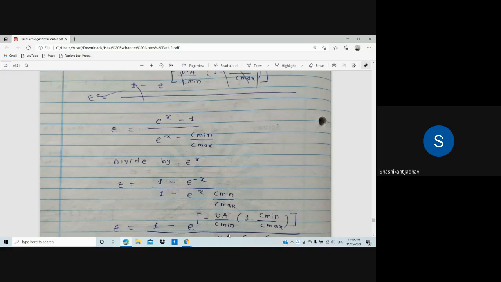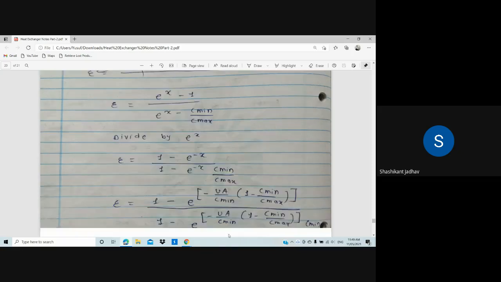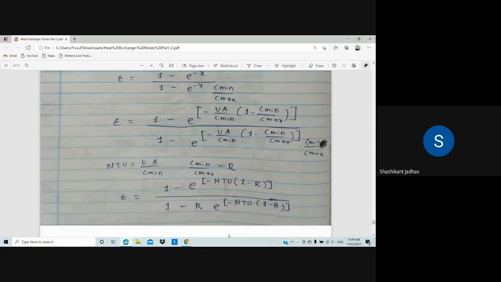C minimum upon C maximum. Okay, now we have to put the value of x. Whatever value we have considered for that x, now we have to put that value. So therefore